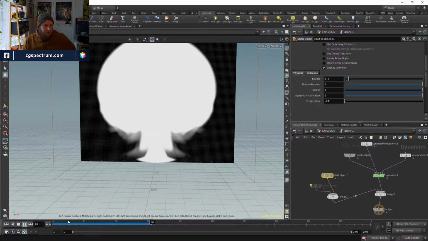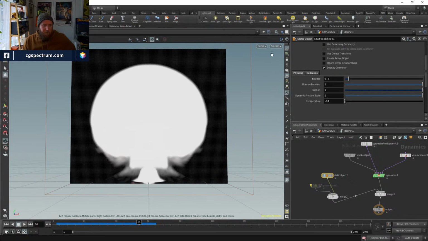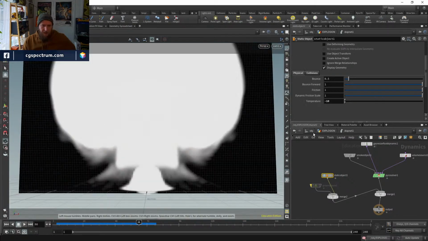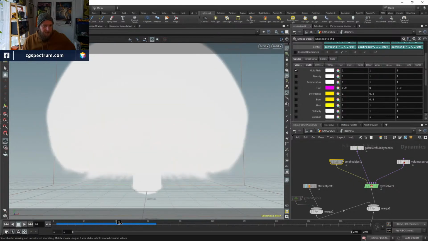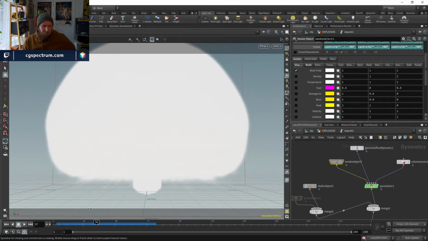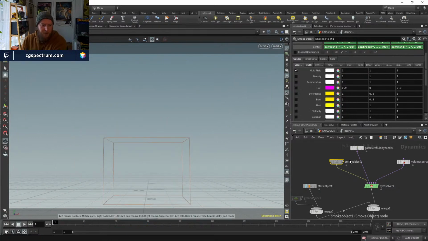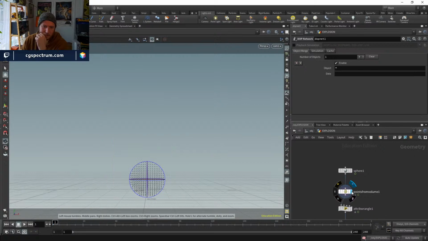Alright, so, giant ball of fire aside, I'm relatively happy with the things that are going on in this. And so yeah, you can see some interesting stuff happening there. The negative temperature may be creating some weird effects, but I don't know, it's kind of okay. Now, let's have a look at our source. So our source at the moment is just a ball. There's nothing